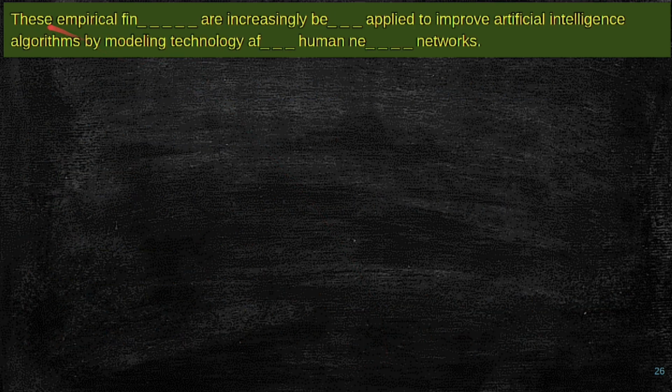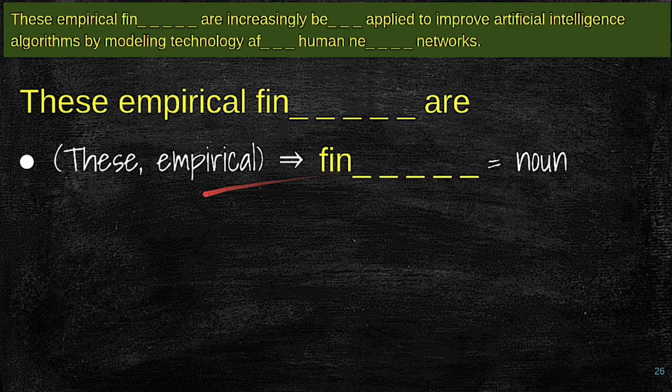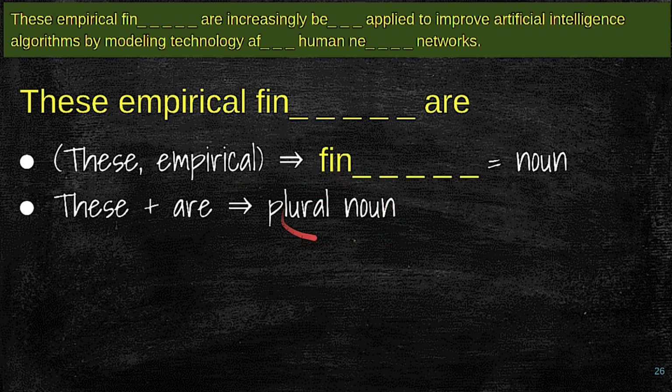Let's first read the sentence for context. These empirical are increasingly be applied to improve artificial intelligence algorithms by modeling technology AF human networks. Blank 7. The missing word must be a noun because it is modified by these empirical. It must also be a plural noun because of the determiner these and the plural verb are. To identify the missing noun, let's first solve the other missing words so we can better understand the meaning of